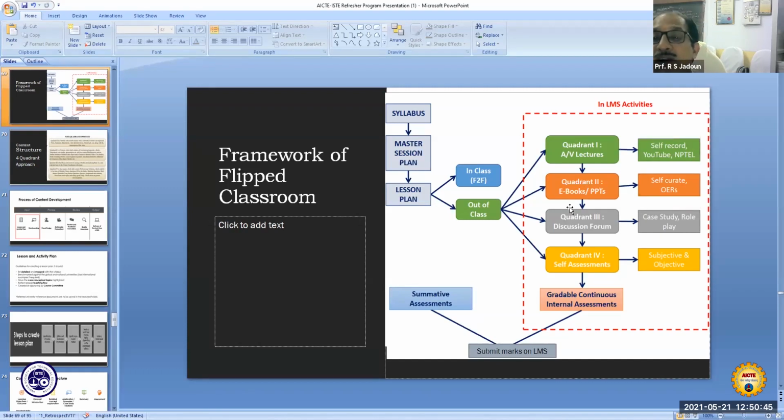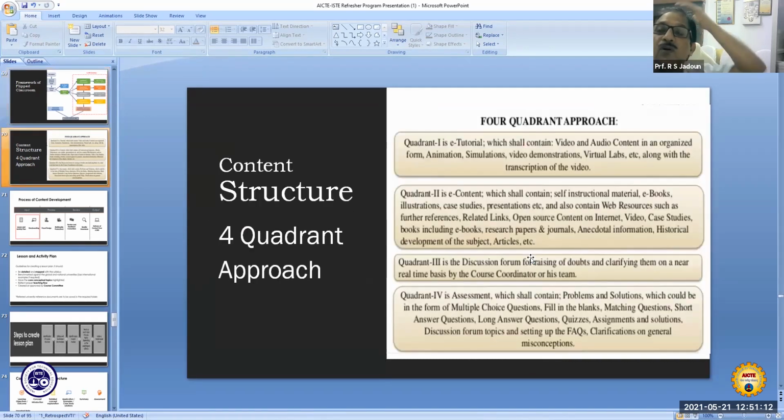Then in quadrant 2, e-books or PPTs, self-curated OERs, so that all can be made part of this. Quadrant 3, discussion forum, case studies, role play, and finally in quadrant 4, self-assessment, subjective and objective, and then gradable continuous internal assessment, and submit the marks on the learning management system. So this is known as the 4-quadrant approach.